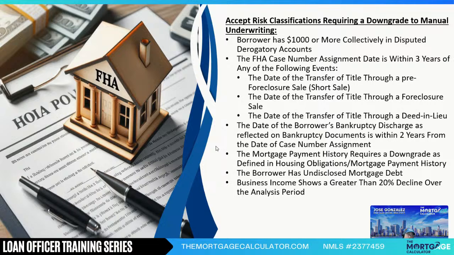Well, what you do not do is issue a pre-approval letter for a file that came back with a refer finding just because the lender tells you we can submit it to manual underwrite. Submitting it and having it be approve eligible is two different things. That just means they say, hey, send it over and we'll take a look at it. So again, if it's manual underwrite, do not issue the pre-approval letter